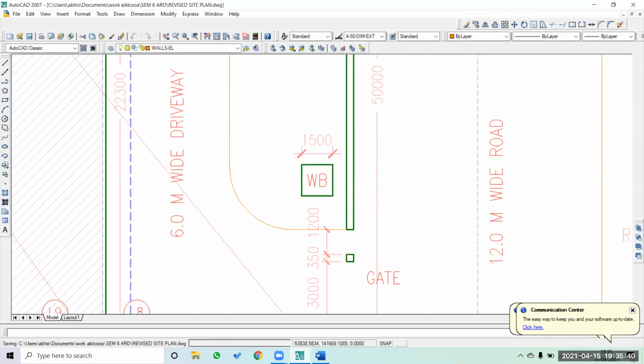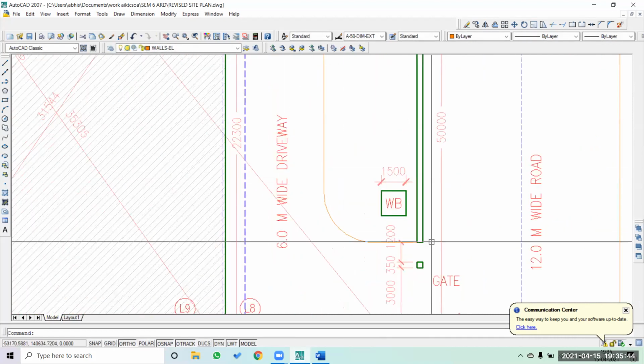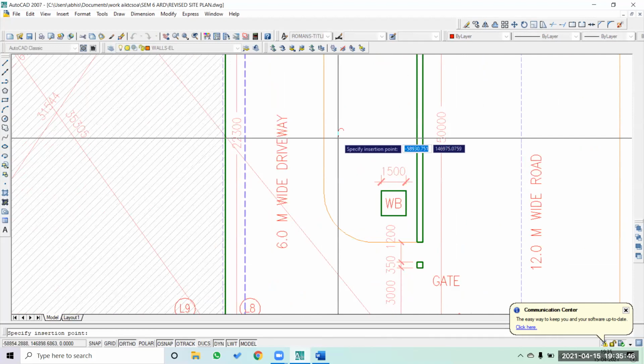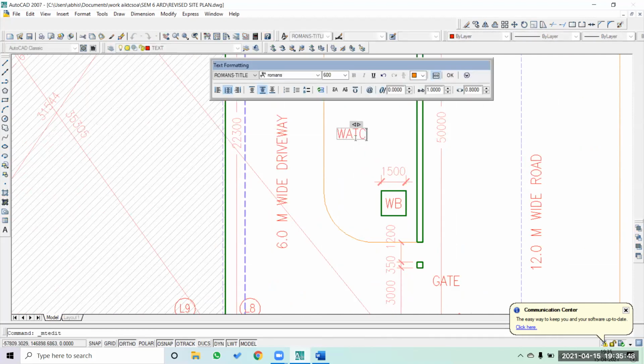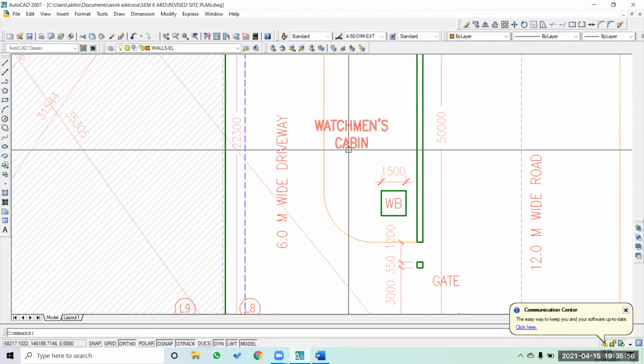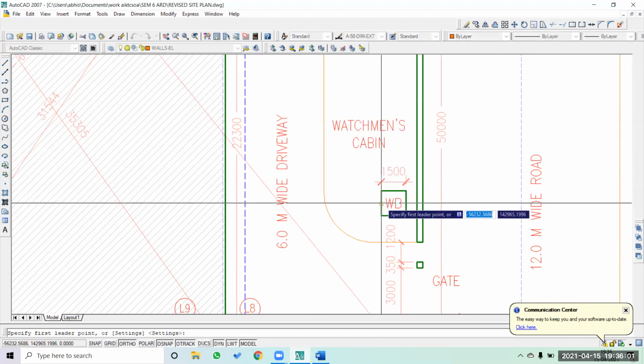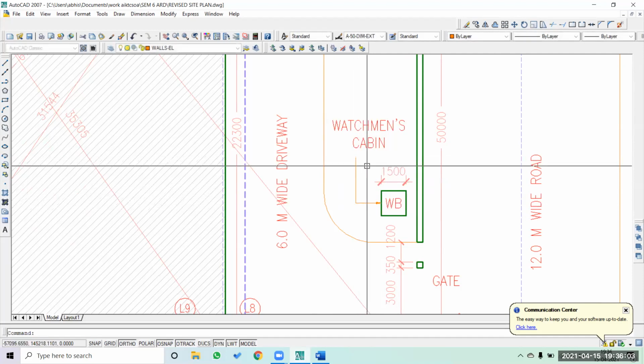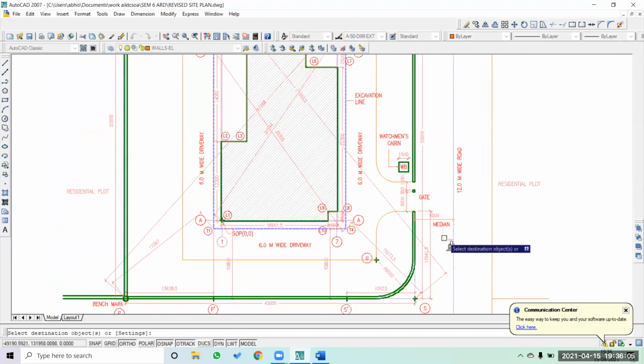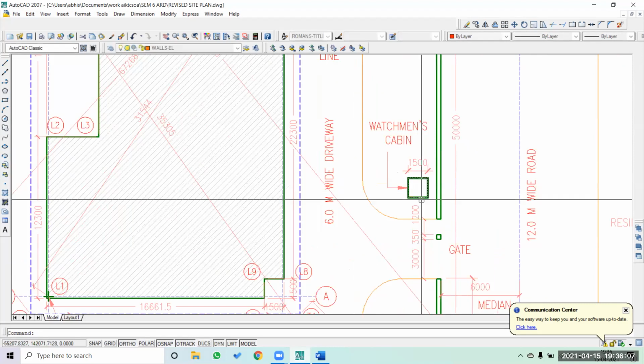Okay, so this is the watchman's cabin. That's another piece of information which we wanted to give. If you want, you can write it down here somewhere. You can use an arrow to denote the information. Again, use match property and delete this.